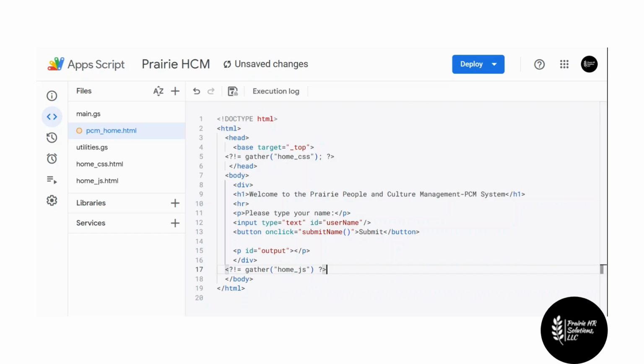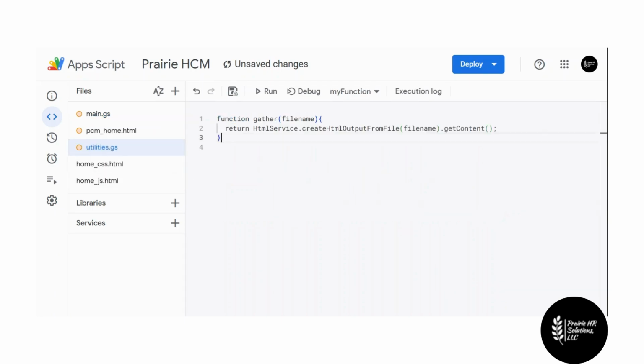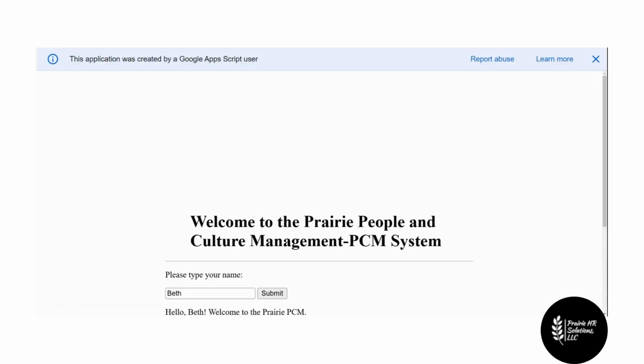Let's go over to our main.js, and this function right here is actually what I would consider a utility function. It's working on the overall framework and structure of the web app. It's not necessarily the UI piece of it. So this is the reason why I would consider this a utility. So we can actually cut this and put it in our utility file just to keep it clean. And as you can see,